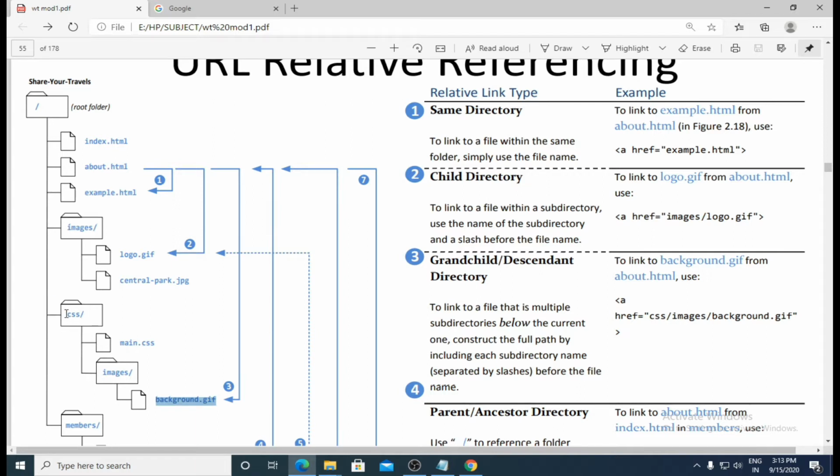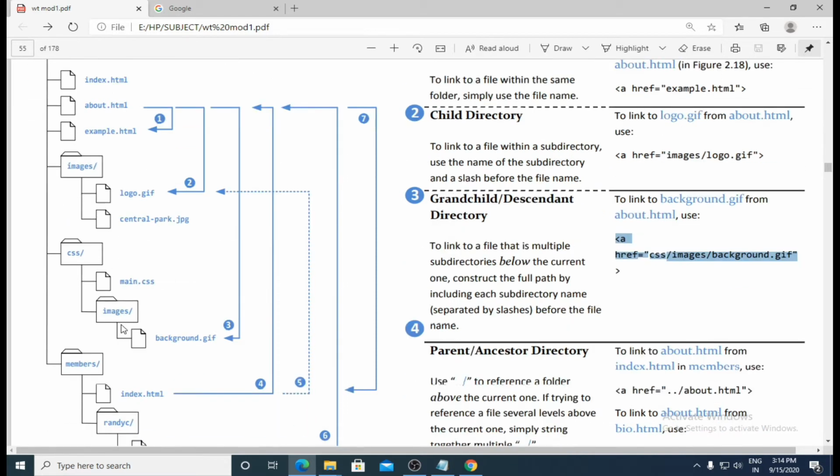So these directories you can name them directly. So to link to background.gif from about.html, that is the third one, you have to go from css directory slash images slash background.gif. Okay, so this relative path name you have to use when you are multiple directories down.